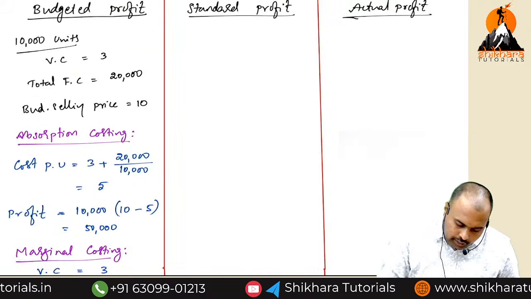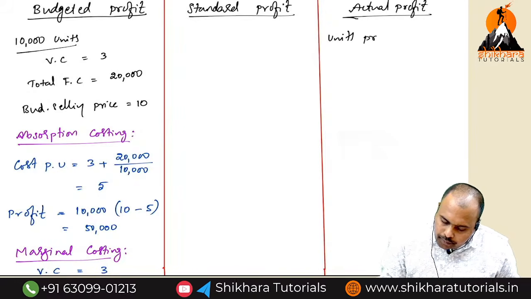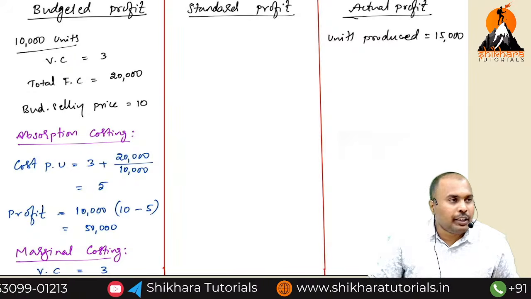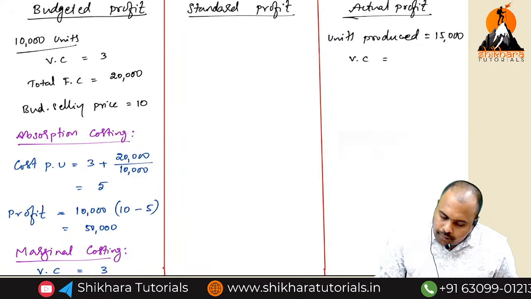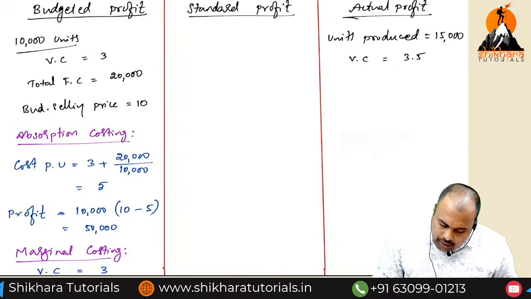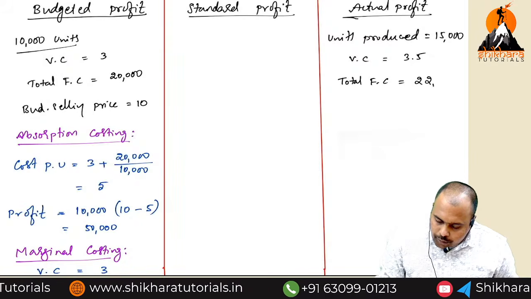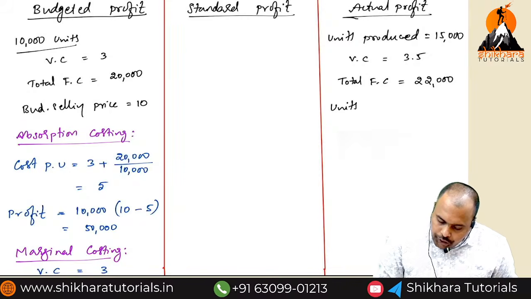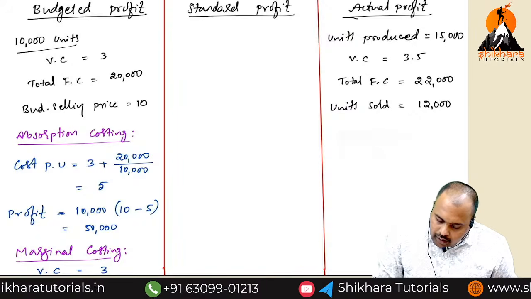Now, units produced is equal to, let us say, 15,000. Units produced is equal to 15,000. And variable cost is equal to, let us say, 3.5 rupees. And fixed cost, total fixed cost is equal to, let's say, 22,000 rupees. Clear? And units sold is equal to 12,000 and selling price